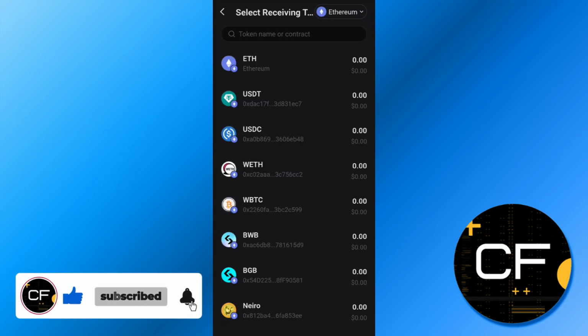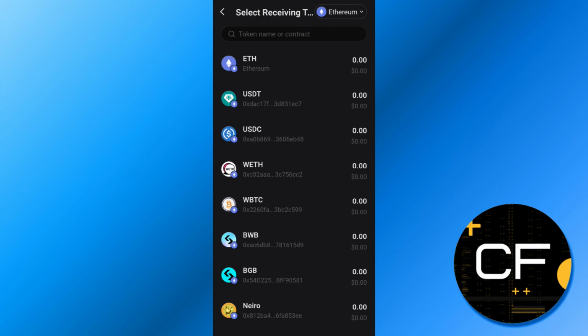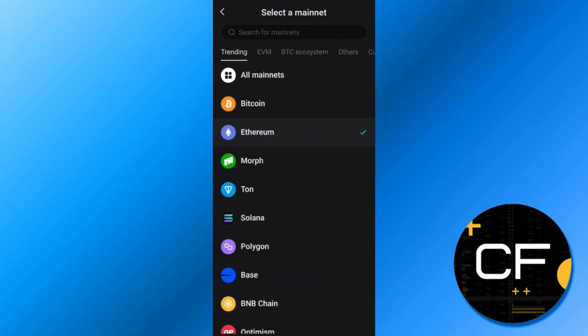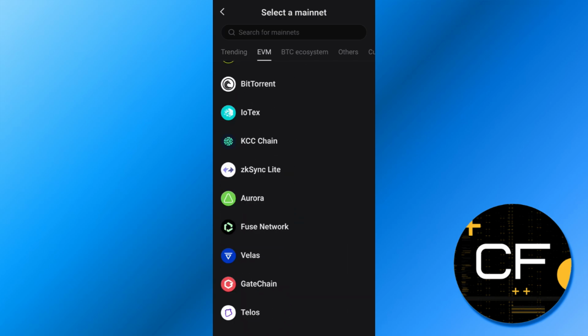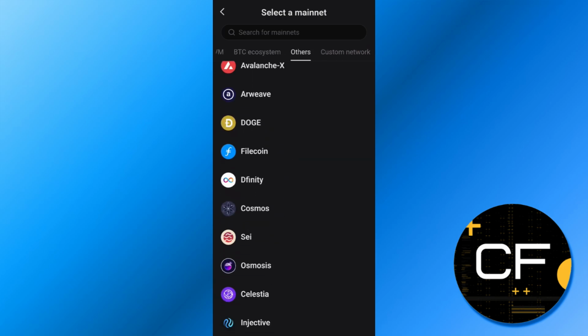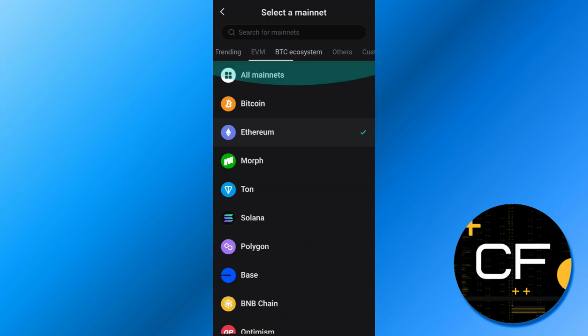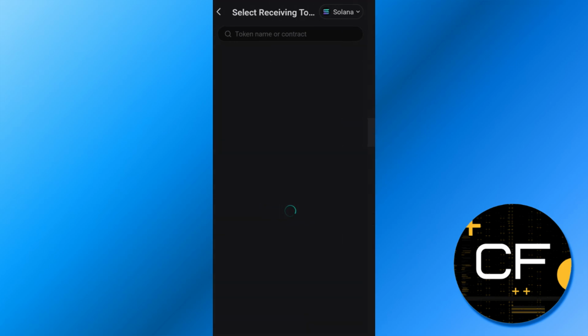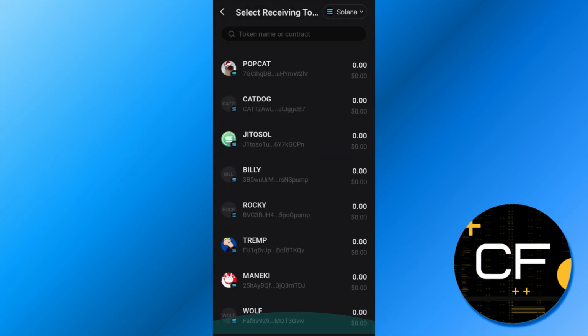After tapping on receive, it will ask you to select the network. By default here you have the Ethereum network, but if you want to switch to any other network, then you need to tap on the Ethereum. Here you will be able to see all of the networks, so you just have to select any of these of your choice. Let's say I want to select Solana, so after selecting Solana it will show you all of